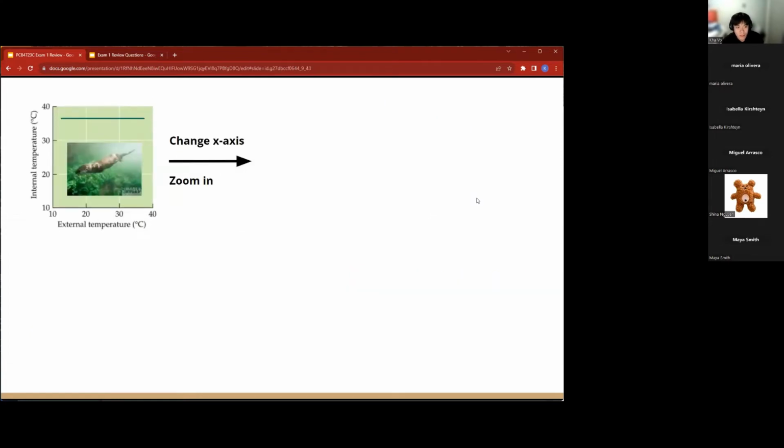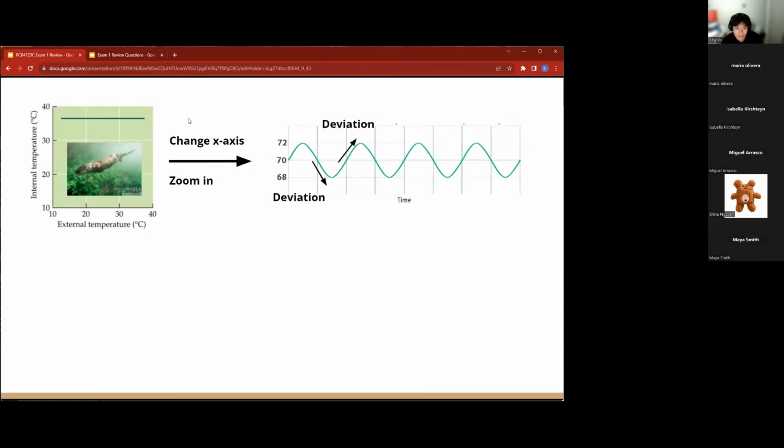All right, and so if we zoom in on this graph here, we have a mammal that's regulating their temperature. If we zoom in on this graph and we change the x-axis to time, we can see small fluctuations like this. The body is never perfect. You'll never be at a perfect temperature. The reason for these fluctuations, this harmonic wave, is because you always have deviations. For example, your body, whatever it's doing to produce the heat, for example, shivering or anything like that, it's going to produce too much heat, and then